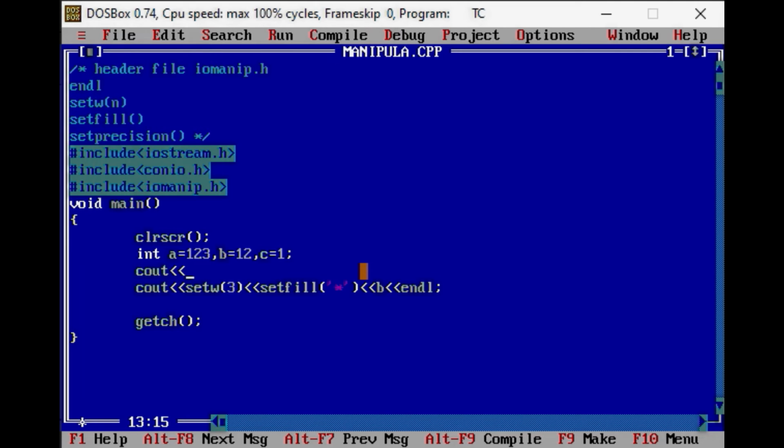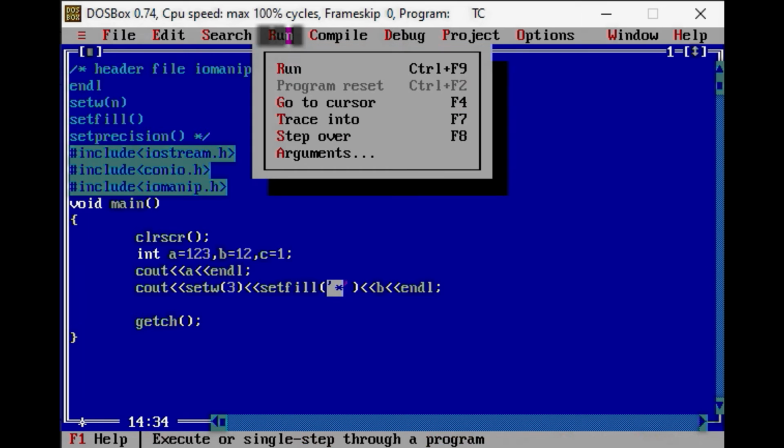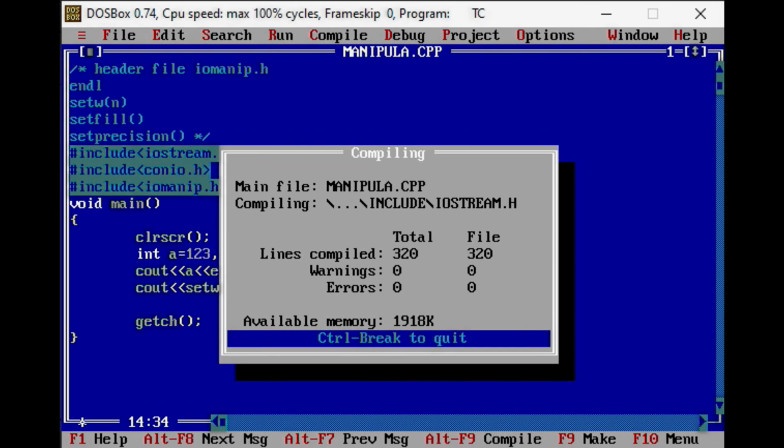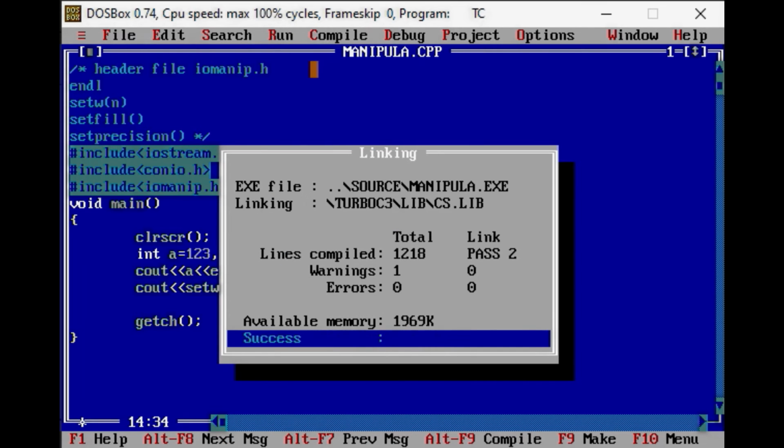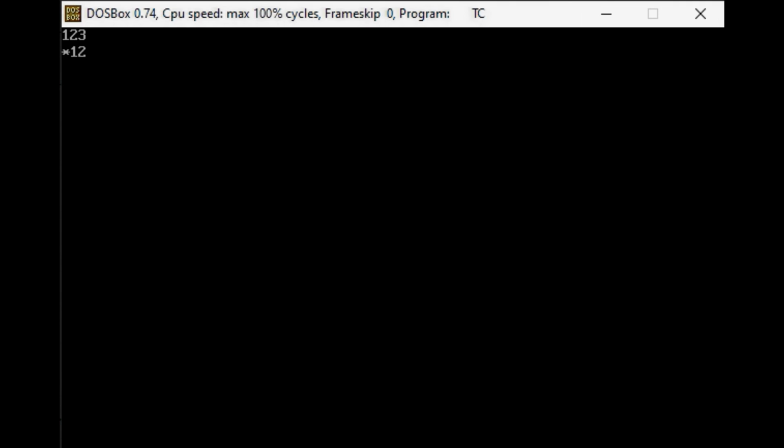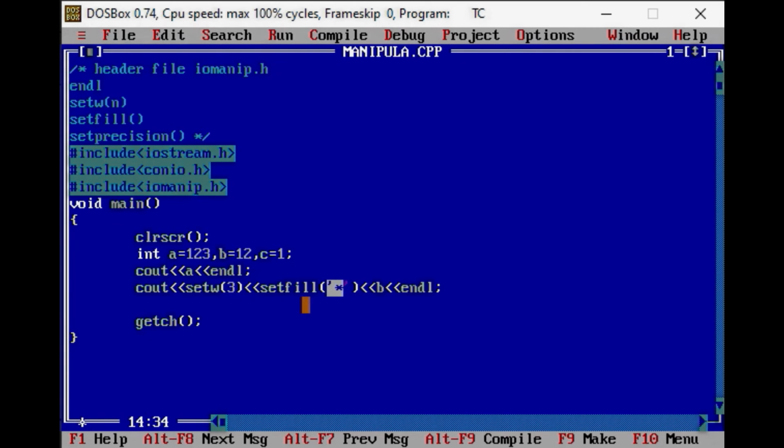Here I am writing cout and I'll display variable a as it is, because the width is already 3, so I'm not going to set it. You can see in the output 1 2 3 is displayed as it is, and in the b variable that one blank space is filled by a star character because we have used the setfill manipulator.